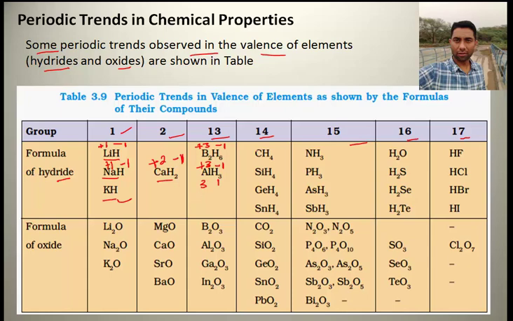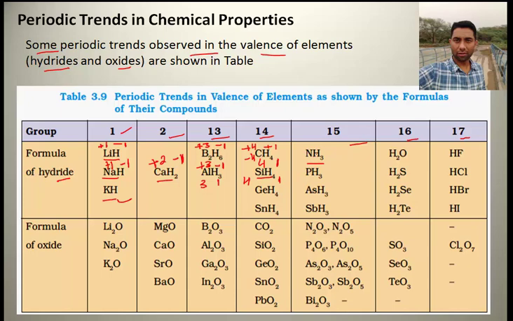Then for group 14, carbon, oxidation +4, or sometimes we relate it as more electronegative than hydrogen, so it can show -4, then hydrogen will show +1 oxidation state. So generally we say that valence is 4 and that of hydrogen is 1, right? In the same manner for silicon, valence is 4 and for hydrogen it's 1, and so on. They belong to the same group, so their valence doesn't change.